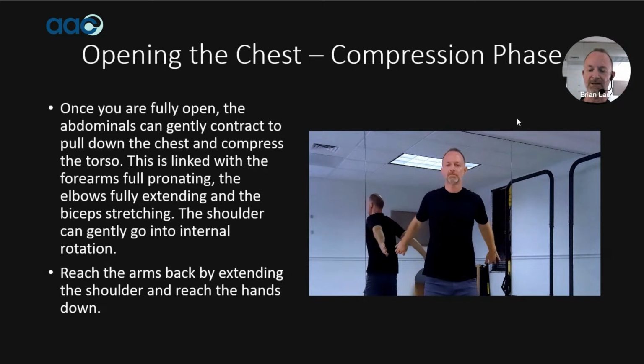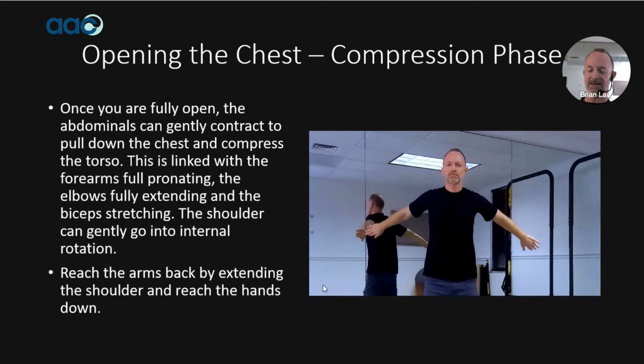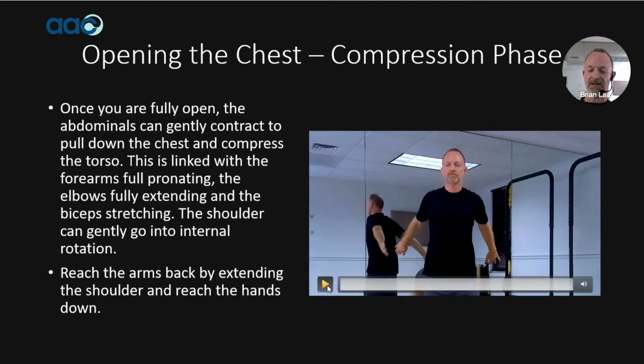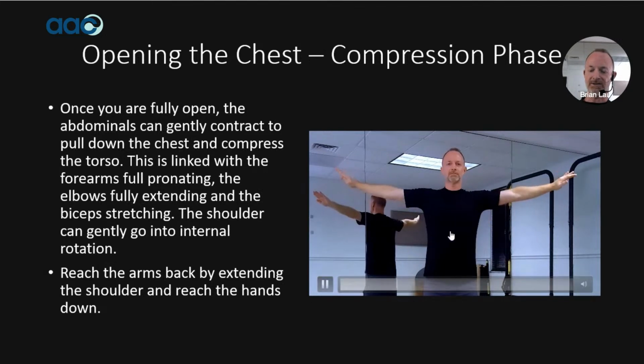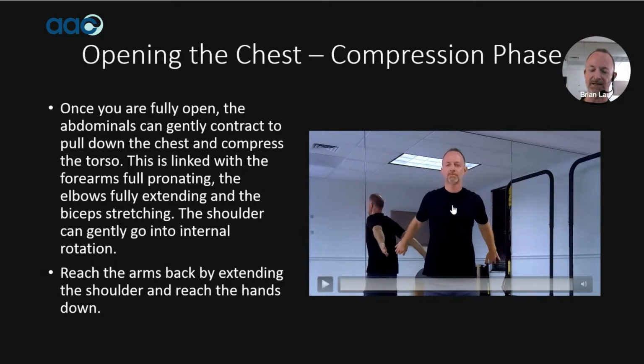So you might be able to see a little better in the mirror, is that the torso bows slightly. My abdomen bows, my spine bows. Look at that a couple more times. So this is where I can start to engage in the front and gently massage that greater omentum.